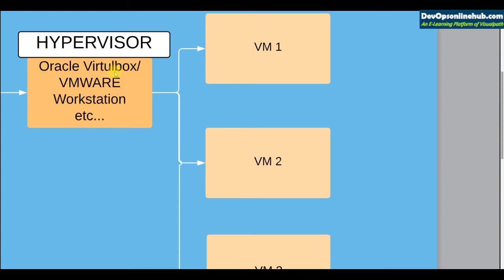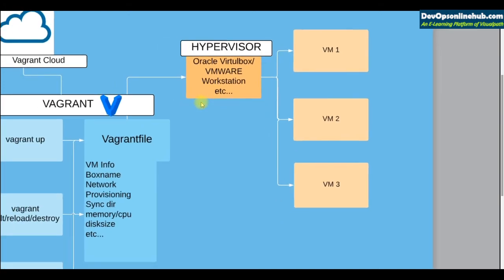So it will send all the information to the hypervisor like Oracle VirtualBox, and then VirtualBox or any hypervisor, whatever you have, will create the VMs. So Vagrant is going to act on your behalf. Anyways, the VMs are created on the hypervisor. The hypervisor will create the VMs and run the VMs. Vagrant will provide information and commands to run and manage virtual machines like you do. So it's going to act on your behalf.